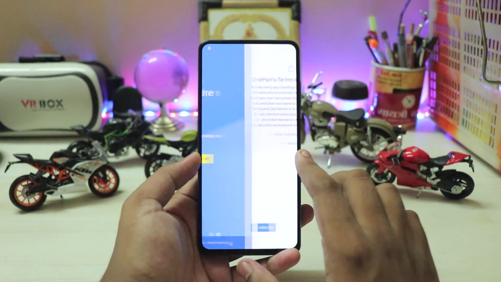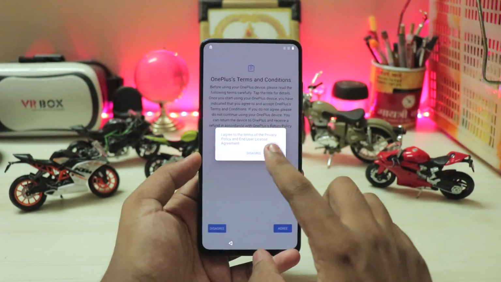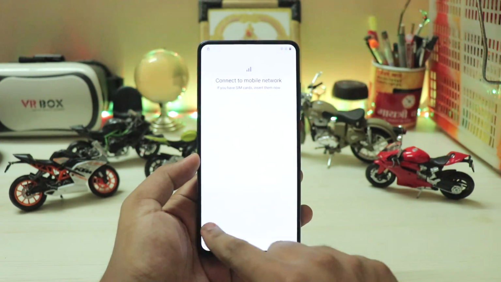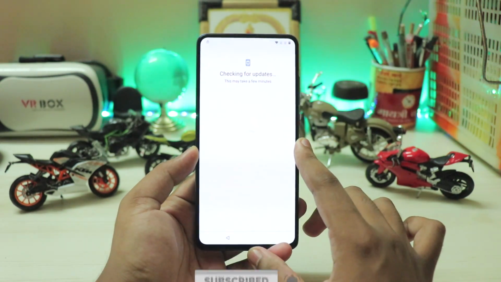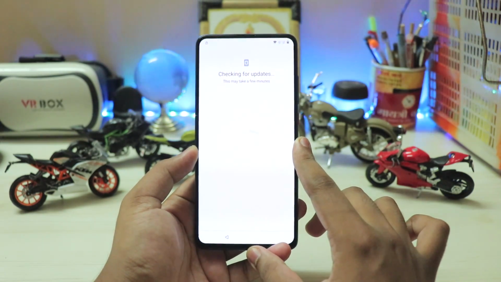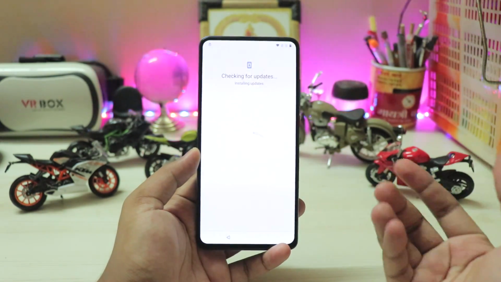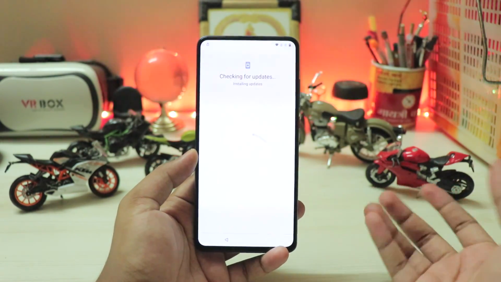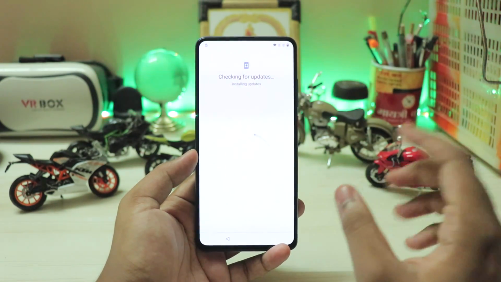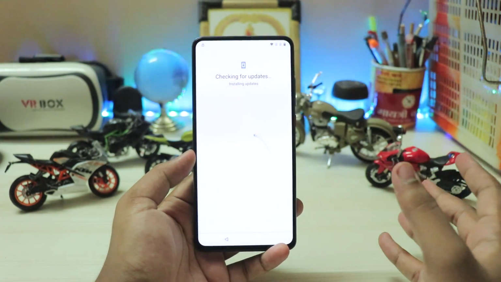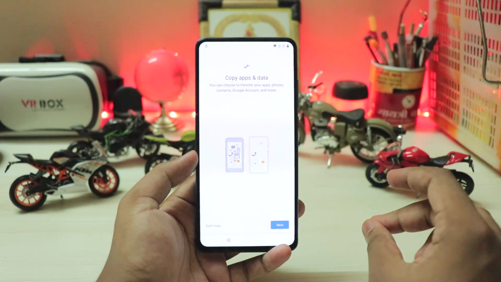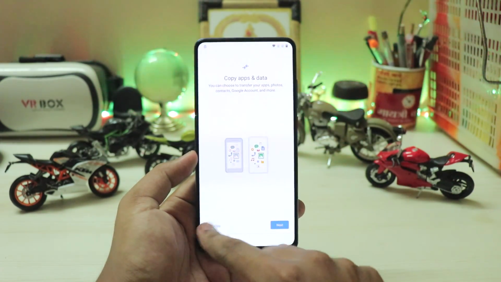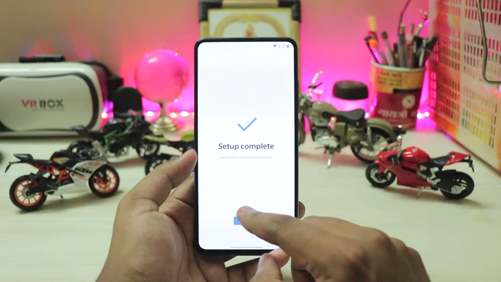Again, this is extremely quick, but let's just agree through the setup because this actually has one. Again, great job by the developer. The Oxygen OS over here is based on the Android 10 port from the OnePlus 7T Pro. So again, you are getting the latest and greatest from the stable version of the 7T Pro, as the open betas do actually have a couple of features from Android R and they are just a bit buggy right now. So for the optimum experience, this is just the best build that you can offer. Just like that, setup complete.